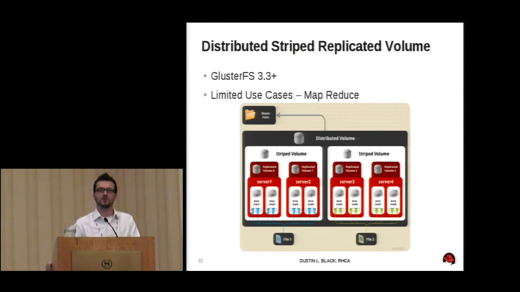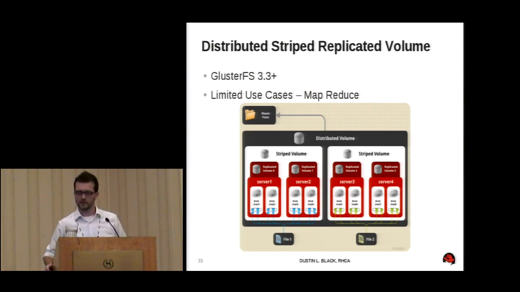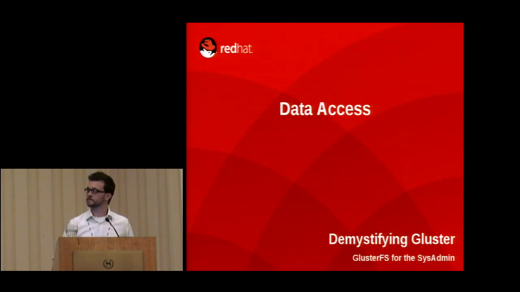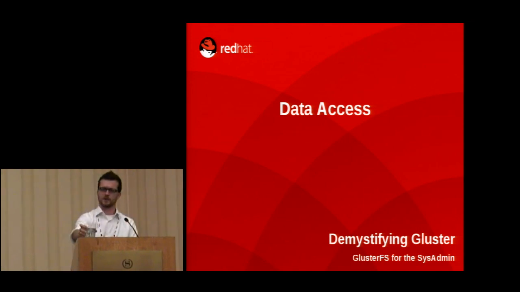Now the capability of doing this is actually only as of GlusterFS 3.3. If you go back to 3.2, it will not allow you to create these 3 layers of functionality. But you can see what's going on here: now you have 2 striped volumes with 2 replicated volumes in each of them. So when a file is written, it's getting both striped and replicated. And when the next file is written, the distribution piece of it comes into play, and it's writing it to another set of striped and replicated environment. That's the graphic we're going to come back to in a little bit.